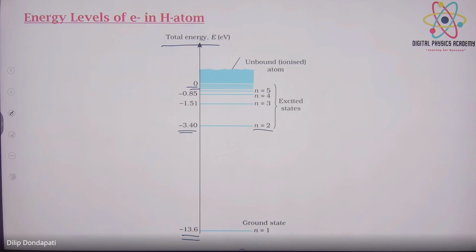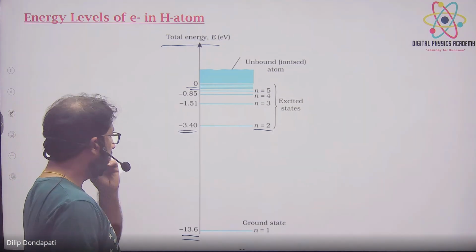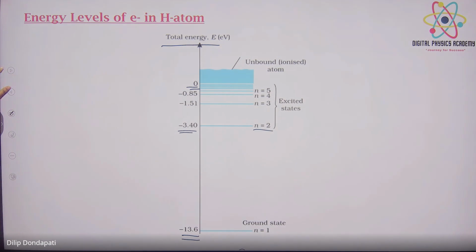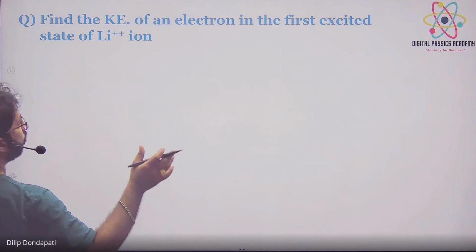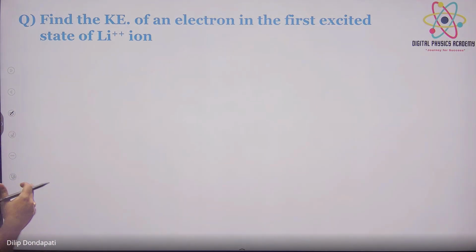So the total energy will be... Next question. Find the kinetic energy of electron in the first excited state of Li plus plus, meaning Li2 plus. I want the kinetic energy. You don't know the formula for kinetic energy? Find the total energy and put a minus. You get